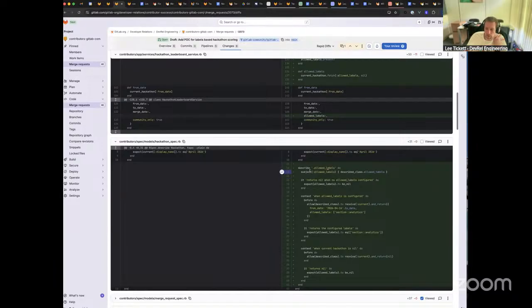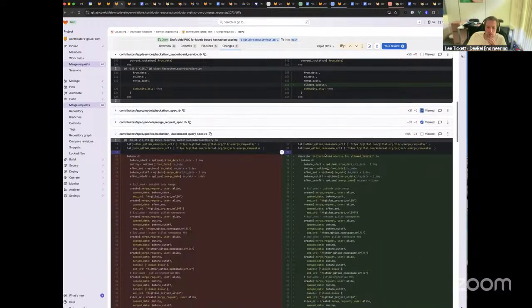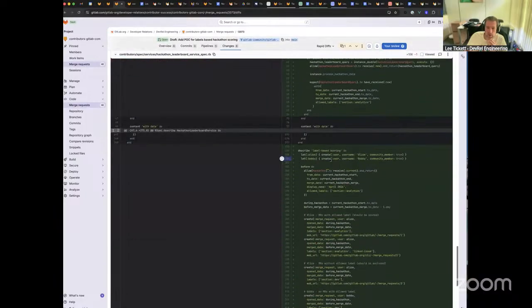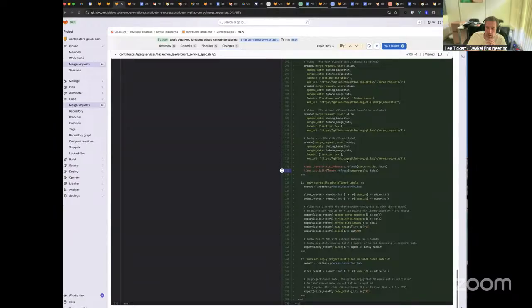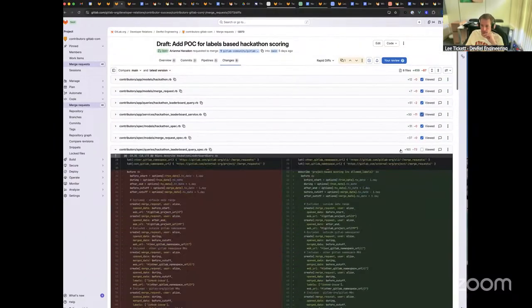Allowed labels. Okay, so that's the test. No allowed labels. Allowed labels are configured. My current hackathon is now, yeah. So this is the edge case that I don't think really should be tested, but it's all good. So then we've got leaderboard query and leaderboard service specs. Okay, just two tests to